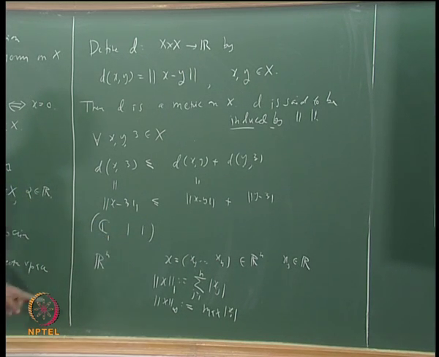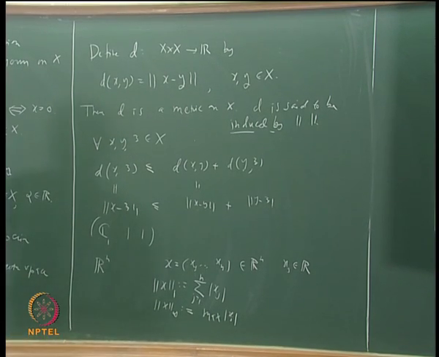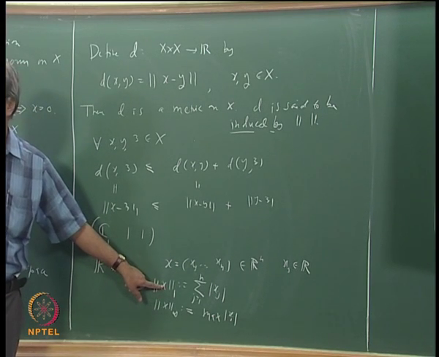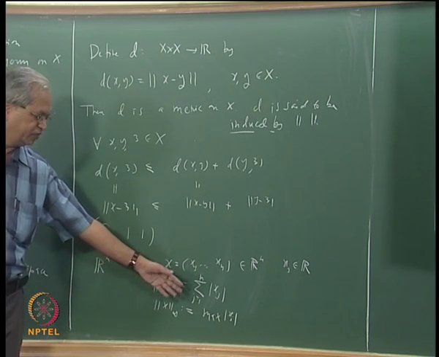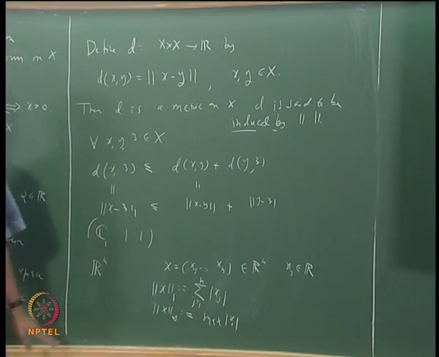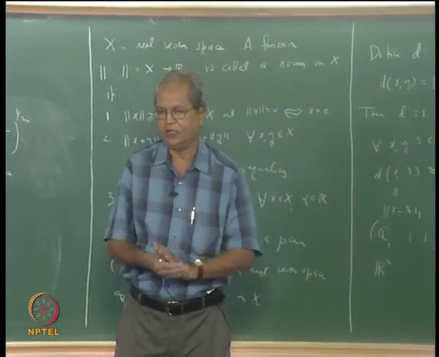Of course I have not proved that these functions define a norm; that requires some work. For example, you will have to verify that each of these functions satisfies all these properties. It is fairly easy to check in these cases. For example, it is obvious that each of them is bigger than or equal to 0. In fact this is something that you should know even while discussing the metric.